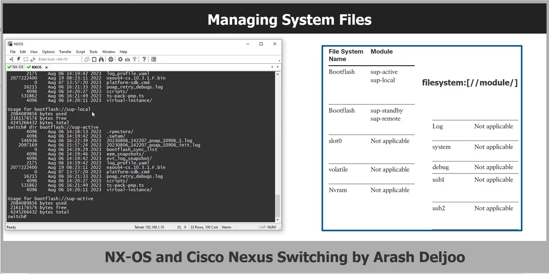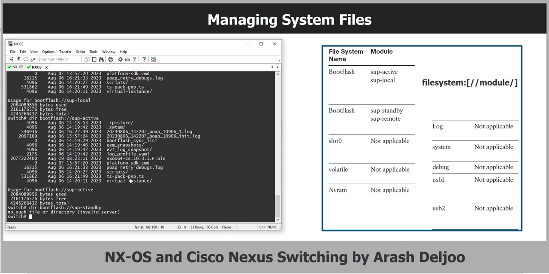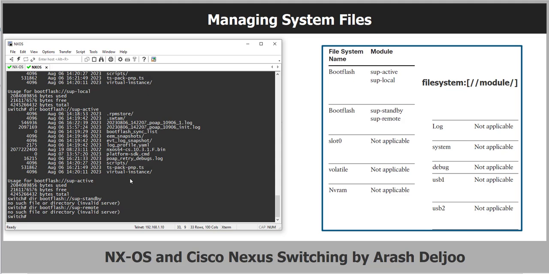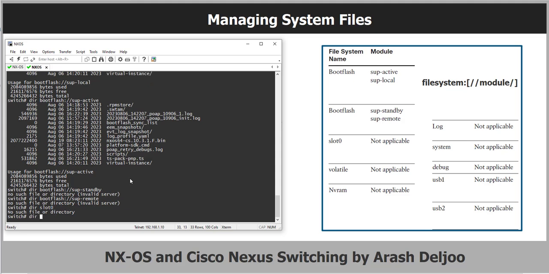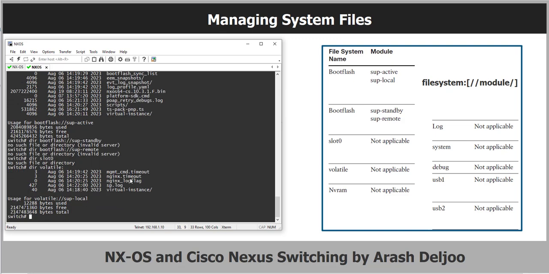Okay, here as you can see we have a supervisor local. This is an example usage for boot flash. Also you can use dir boot flash. If you have a standby supervisor, you can use sup and also standby. Look here, I don't have it, and also sup remote, for example. Or you can use dir slot 0 if it is available in your platform. Or dir volatile. Look here, this is volatile, and I will explain them, don't worry, but for